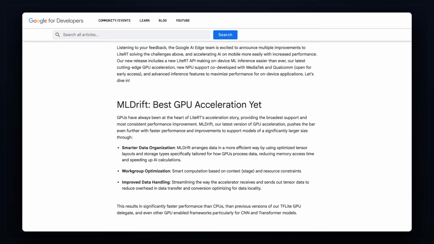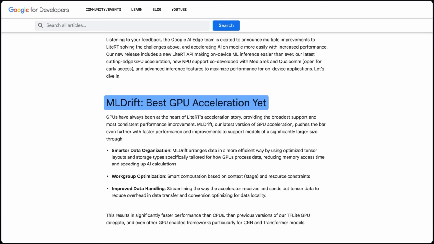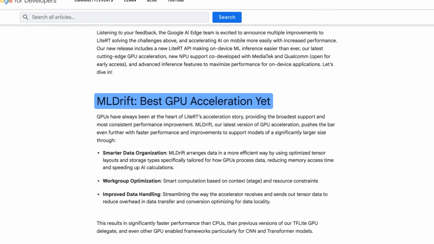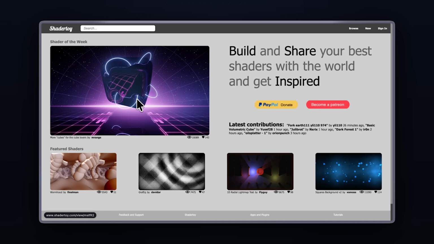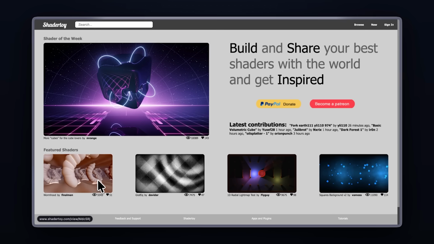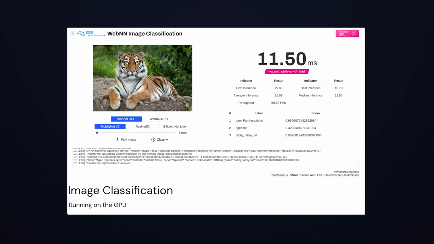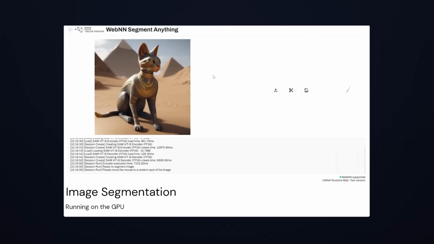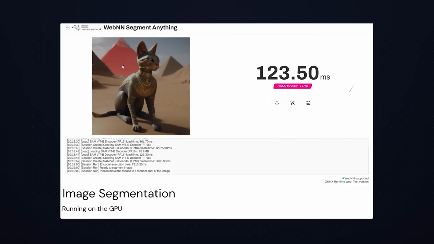But for GPUs, it uses ML Drift over WebGPU, and this is where the real performance lives. It utilizes native GPU kernels, so things like shaders are no longer rendered using some sort of JavaScript orchestration. And for NPUs, it has WebNN, which is still experimental in Chrome and Edge, and it targets dedicated neural processing